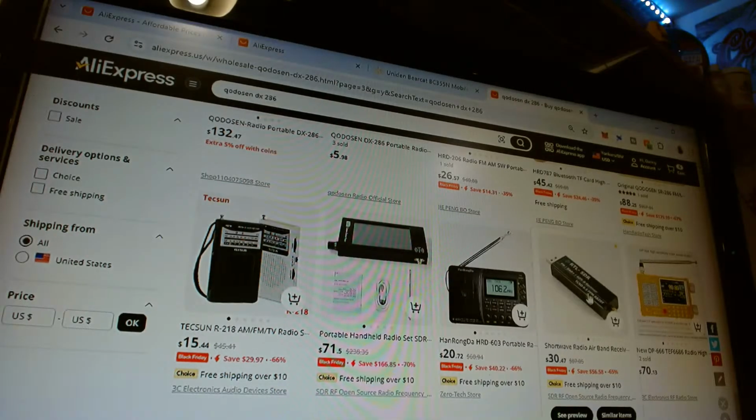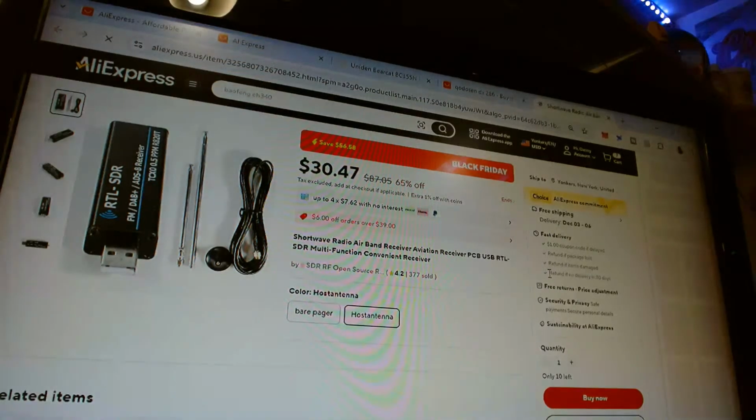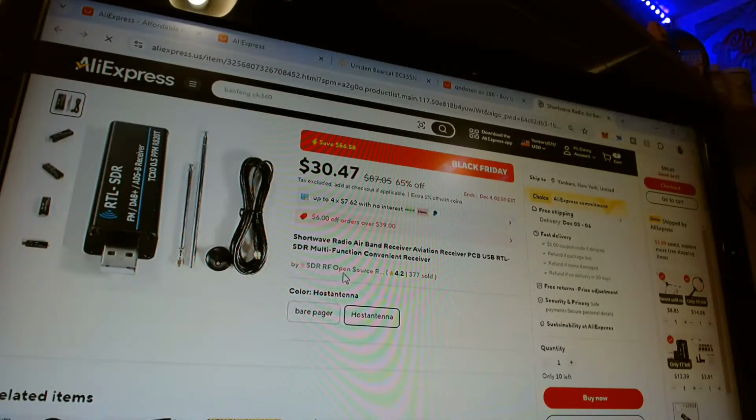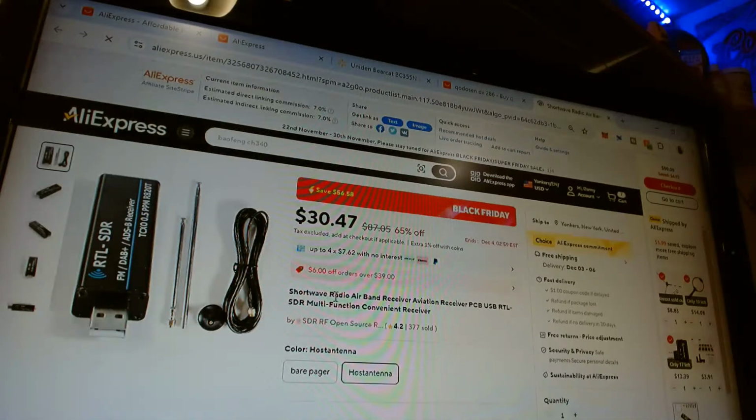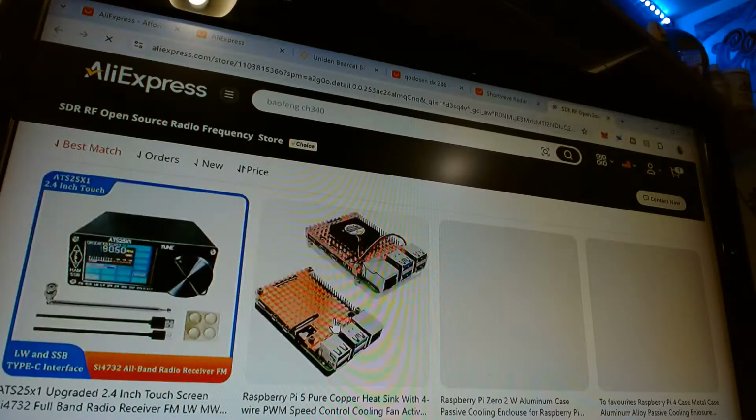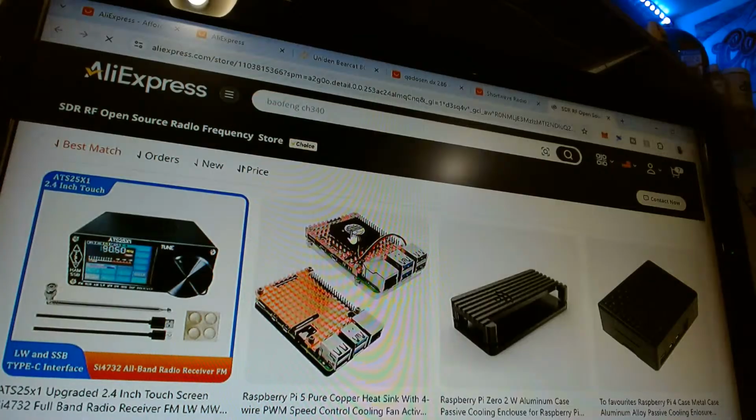When I see these, let me see, unless this one says RTL-SDR store, let me see. By HF SDR open source. Let me see if that's their store. Yeah, it's not the RTL-SDR store.